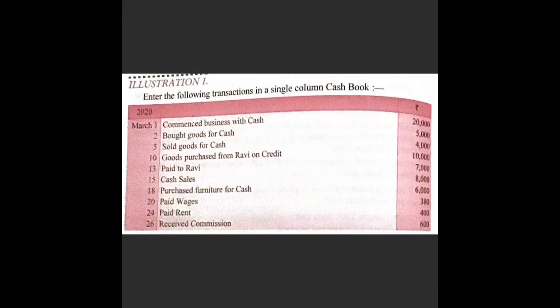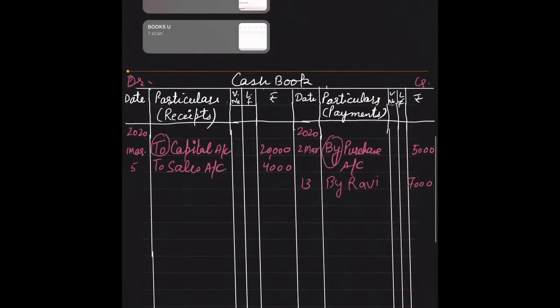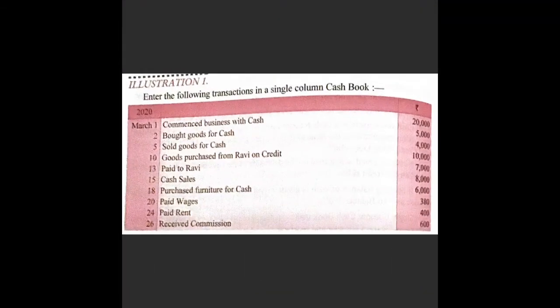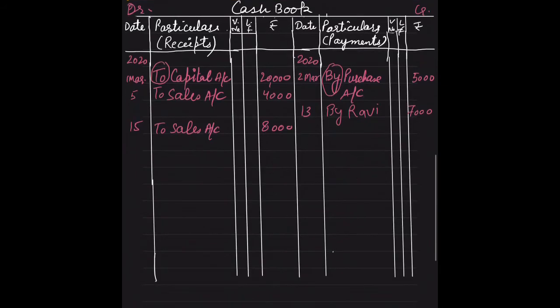7,000. Next is cash sales. Cash is coming into the business. 15, to sales account 8,000. Next is purchase furniture for cash 6,000. We are purchasing furniture. Cash is going out from the business. Then by furniture